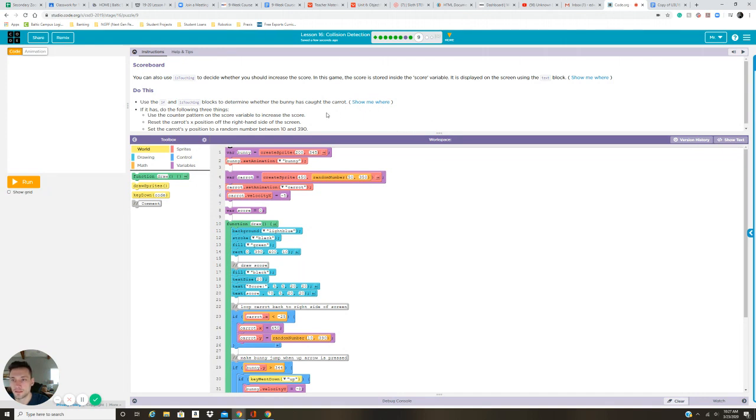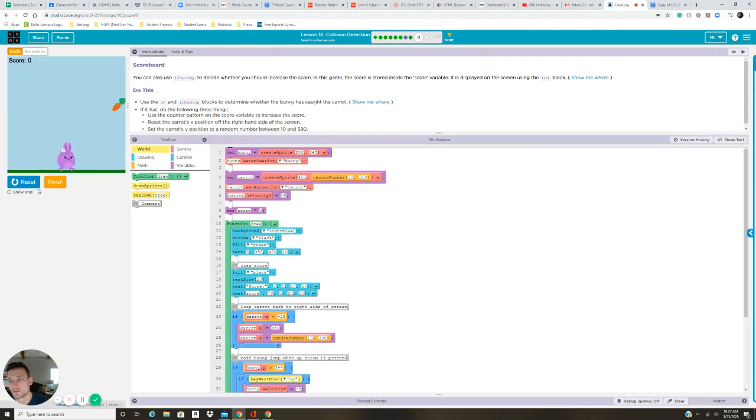Can you use the isTouching block to decide whether you should increase the score in the game? The score is stored inside the score variable. It is displayed on the screen using the text block. Is it an up arrow maybe? Okay, but okay, so if they're touching,